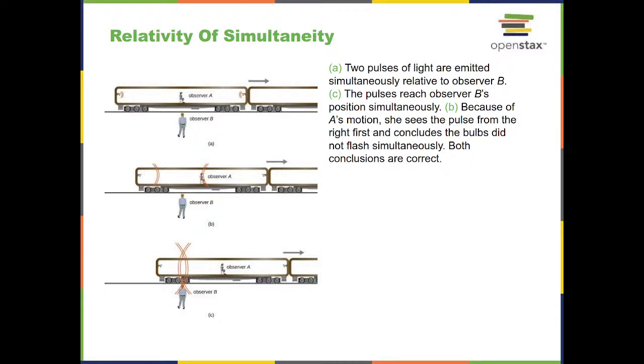So one thought experiment is this. We have a train that's moving with observer A sitting in the train. The train is moving to the right here. Observer A is sitting right in the middle of the car, and there are two lights at the ends of the car that the observer is sitting in. At the same time, on the platform, observer B is standing there. At exactly the time when observer A passes by observer B, those lights flash. So what happens now?